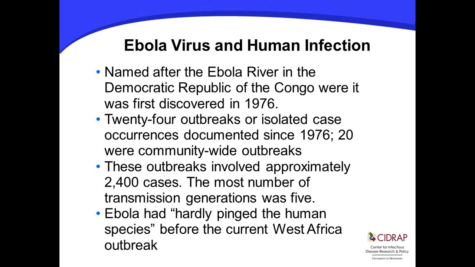A generation being from person 1 to person 2 is one generation, from person 2 to person 3 is another. But for the virus that we're dealing with today, Ebola Zaire, the most number of transmission generations was 5. And in this regard, we can summarize by saying Ebola has hardly pinged the human species before the current West Africa outbreak, and this is really an important context point to understand what we know and don't know